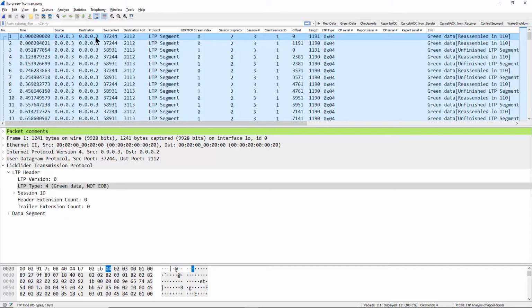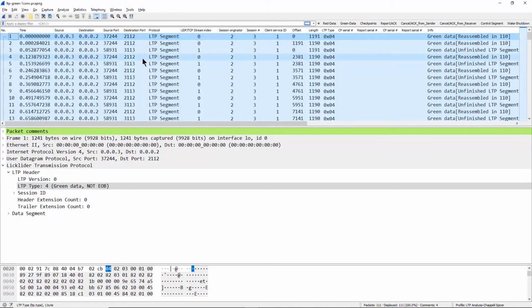Now, I should tell you that this trace file was captured using ION, which is the Interplanetary Overlay Network, the communications testing system for interplanetary communications. When ION runs, it gives each host the address of 127.0.0.1, the loopback address. So it gets very confusing to look at the trace file and see that traffic is going to and from the loopback address. Ginny and I went through and edited this trace file and the other trace files we'll share with you, so that we have different source and destination addresses.